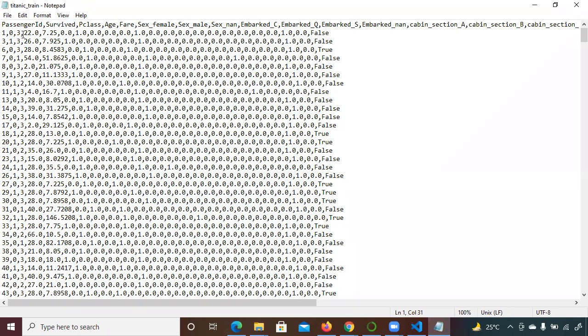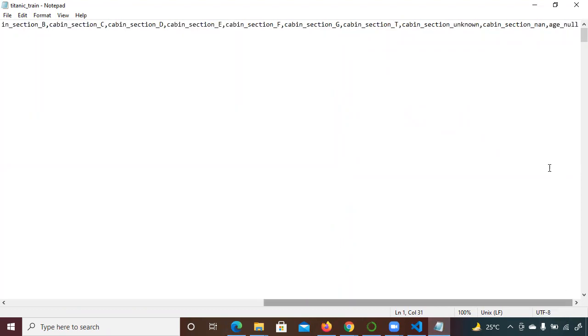So 10322 dot, right? So it is having a value, right? So age is not null here. So that's why it is false. Age is not null here, right? So that's why false. The last column is just checking whether you have an age value or not in that age column.